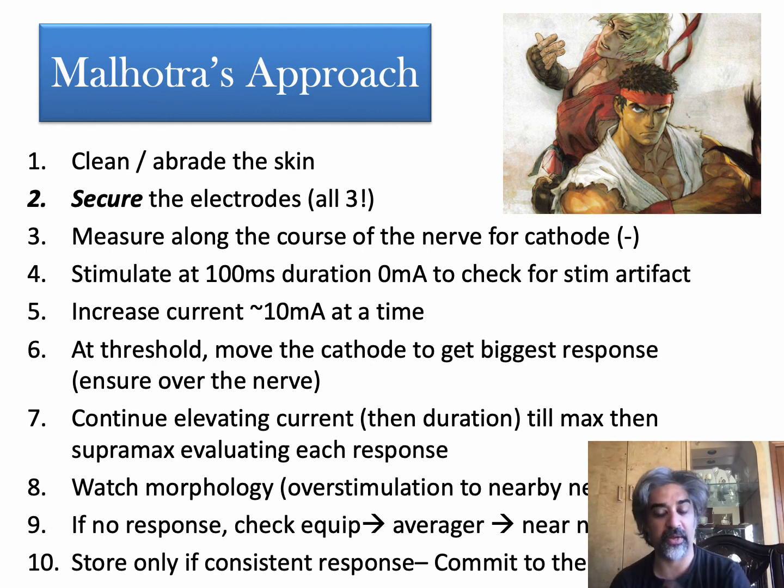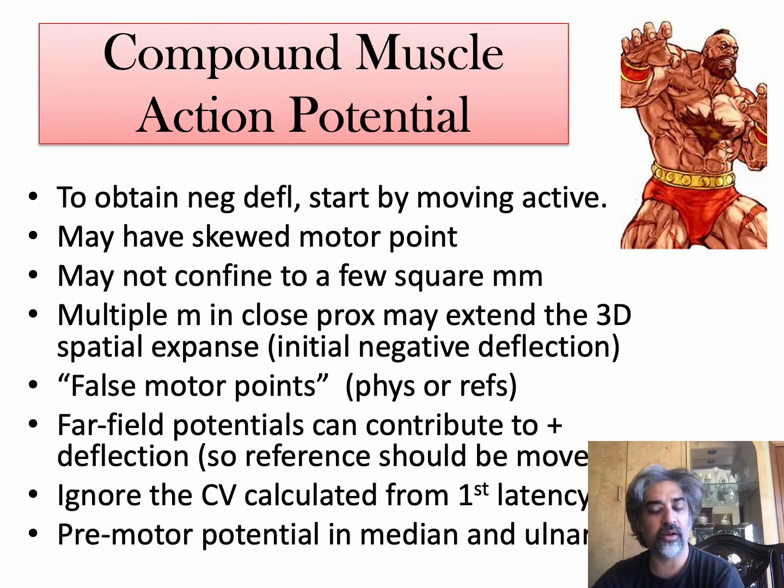For compound muscle potentials, you want to obtain a negative deflection, which means upgoing. So if it's a positive deflection initially, downward, you want to move the active around to make sure that you're right over the motor point. They may have a motor point that's just a little different than most other people. And